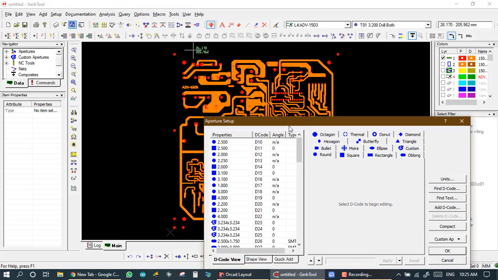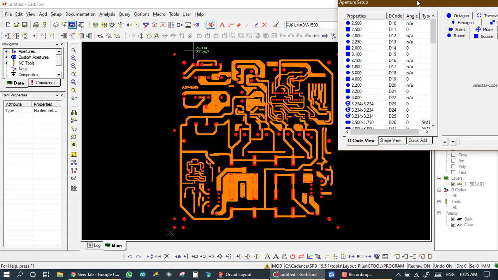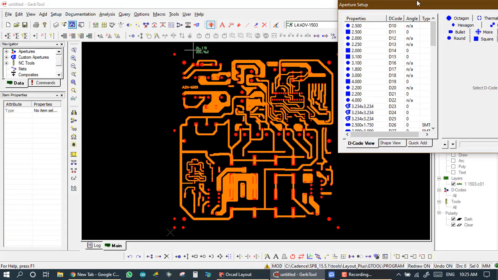So in our Gerber, in some areas it is short, and in some areas the track is too small, so we don't use the second option for this.